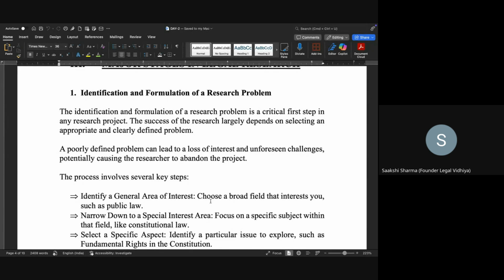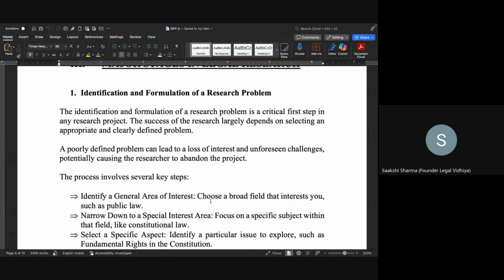Suppose you took a topic which is very vague and you cannot dig deeper into it. If it is very vague, you have a lot of things to write on. Now what will you write? Law is not something that is very concise, right? There are many things that come under law. So if your research problem is vague, and not crisp or clearly defined, it will be very hard for you as a researcher to write your research report.